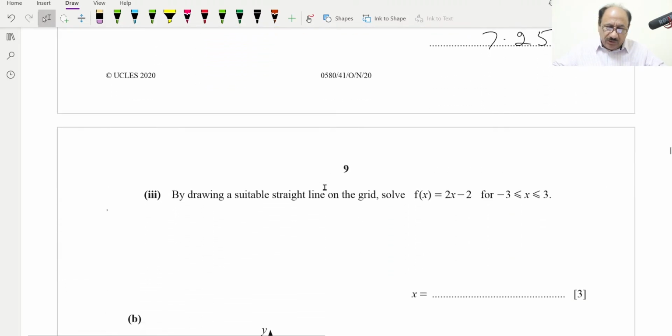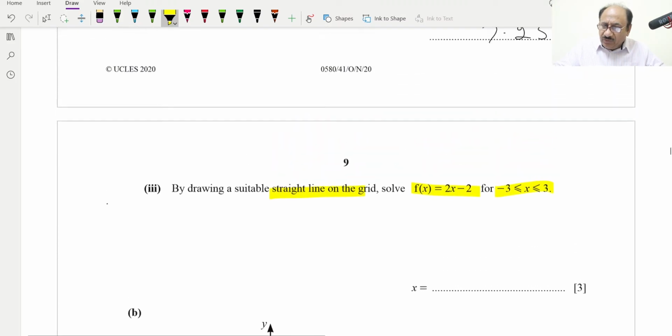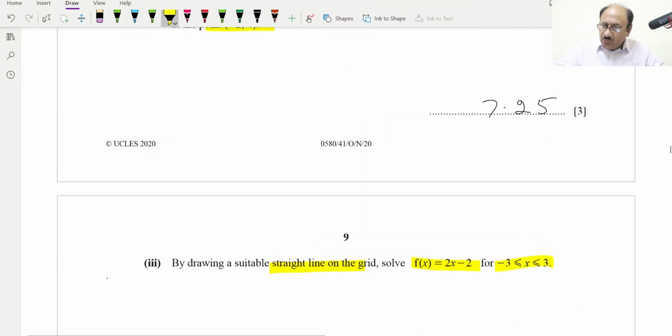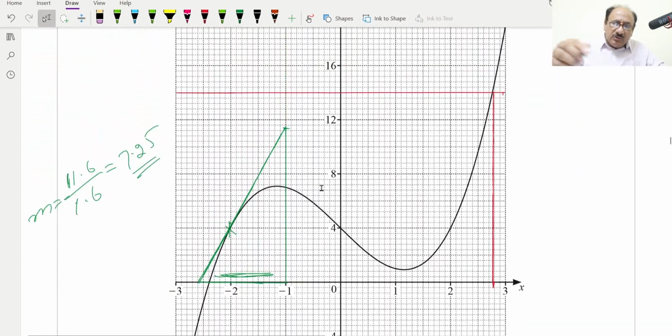So this is also done by drawing a suitable straight line on the grid. For this range, we have to solve f(x) = 2x - 2. So y = 2x - 2 is the line we have to draw. I will write here y = 2x - 2. This is the line which they are asking for, and we can check the slope and